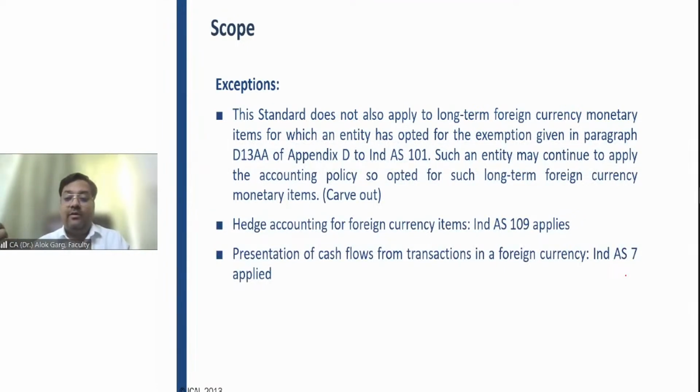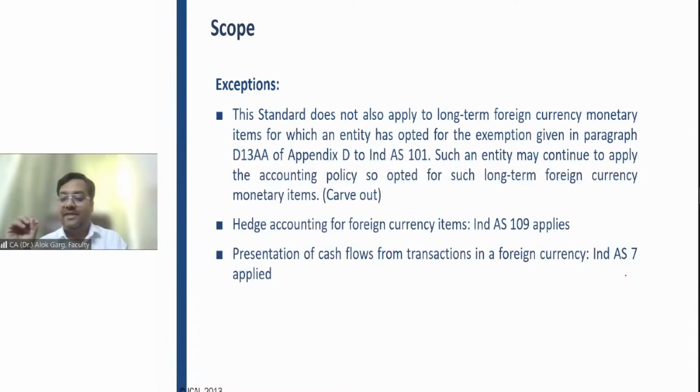Or if that loan has been taken for fixed assets, whatever exchange difference is there has to be capitalized or adjusted to the fixed assets. So this was the alternative treatment given in AS 11,